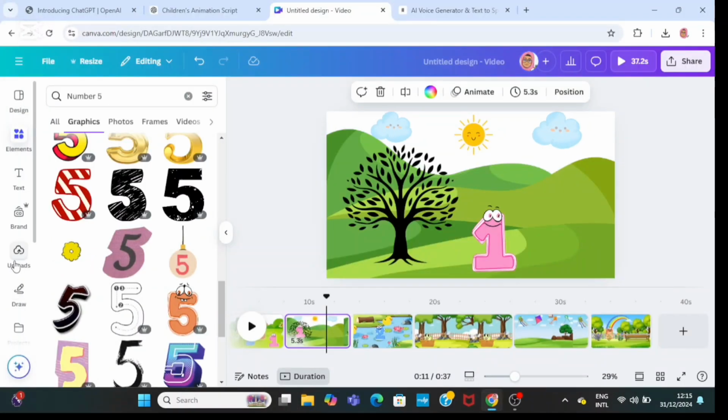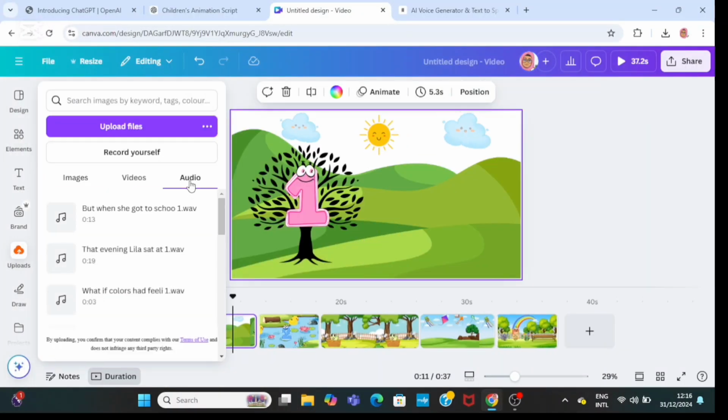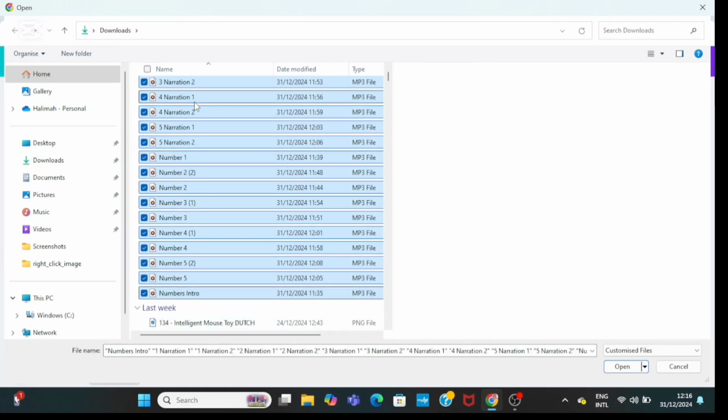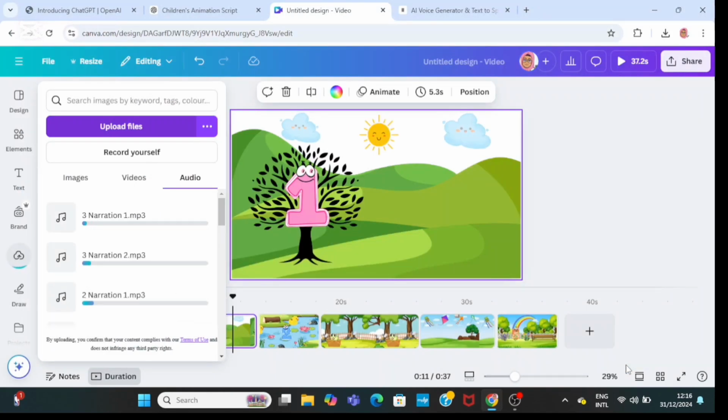Next, head to Canva, then scroll down to where you have upload, click on upload and upload all the voiceover you downloaded from 11 Labs. Just upload them because we are going to be using them on the graphics and animation you created for number 1 to 5 earlier. So just be patient for it to upload, and if you are still watching at this